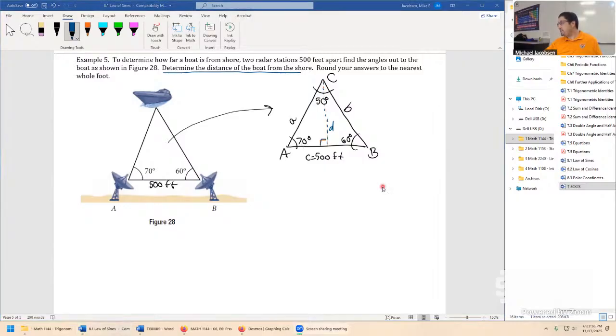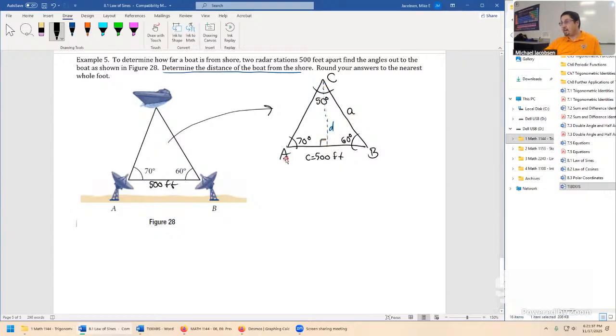David says, isn't lowercase a and lowercase b supposed to be on the opposite side of the uppercase ones? Yeah, absolutely. Thanks for spotting that. That was a weird mistake I made on there. I mean, we possibly could solve it like this, but for using law of sines in this format, that's going to cause a lot of weird noise in our head. So thanks for spotting that one again, David.